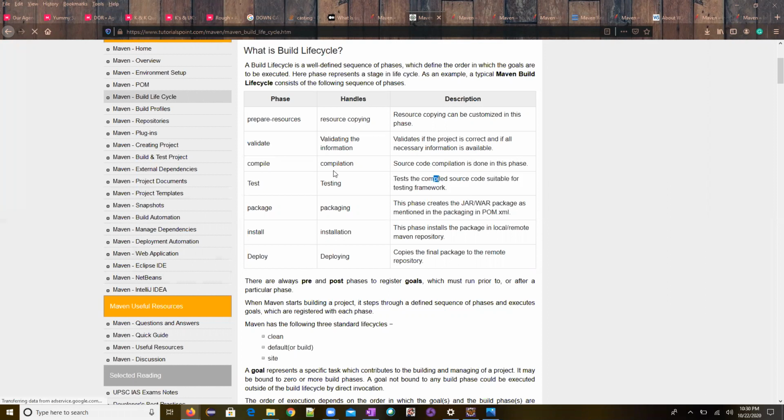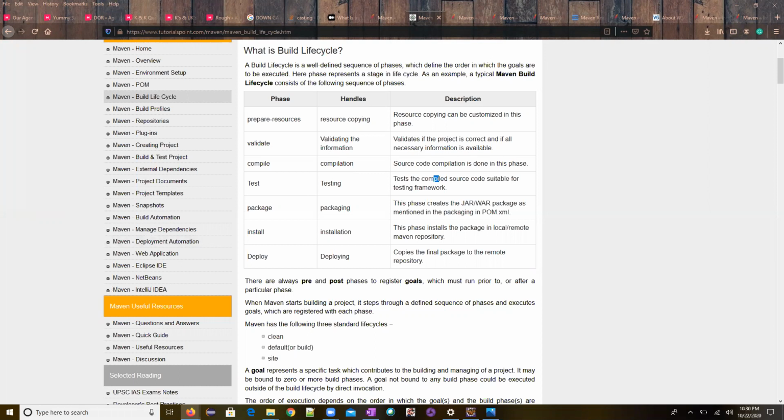Now, you remember, right? Once the code is compiled, it will generate the dot class files and pass them to the JVM. The JVM converts them into the low level language and the execution will start. So testing is nothing but testing whatever code is compiled. The execution means it will start doing the test.